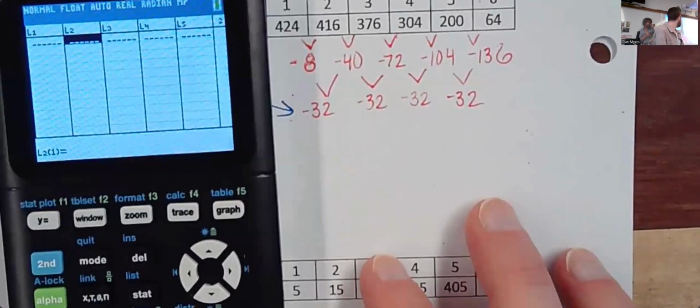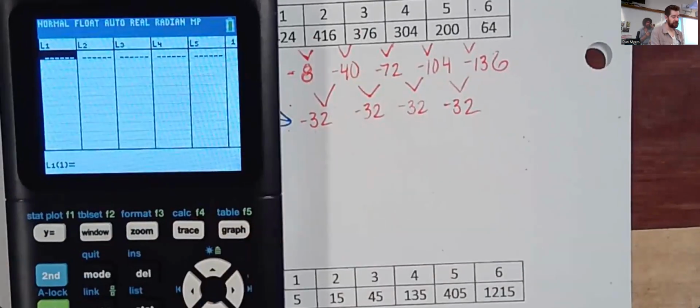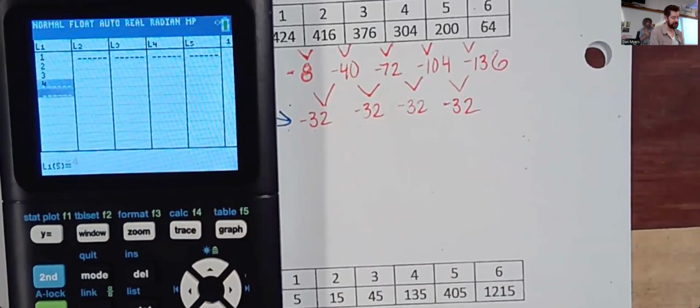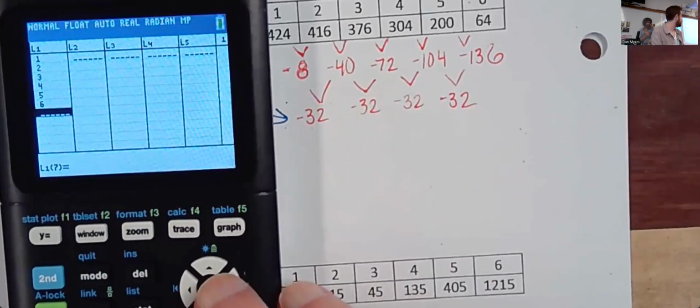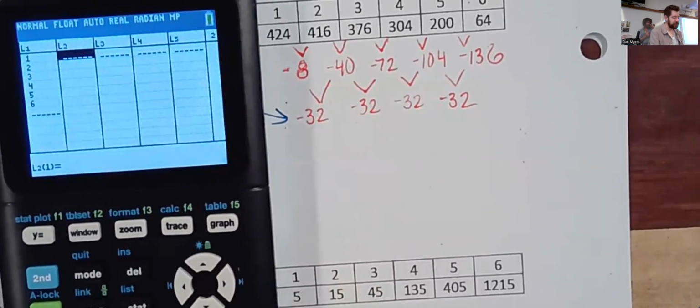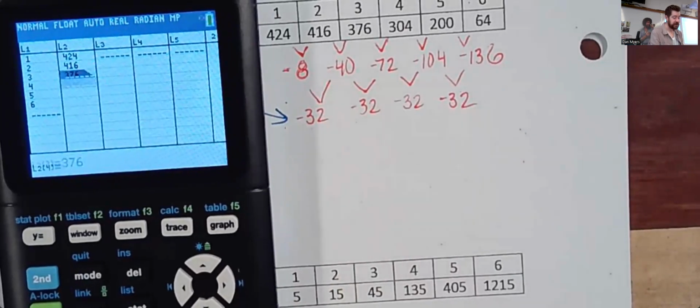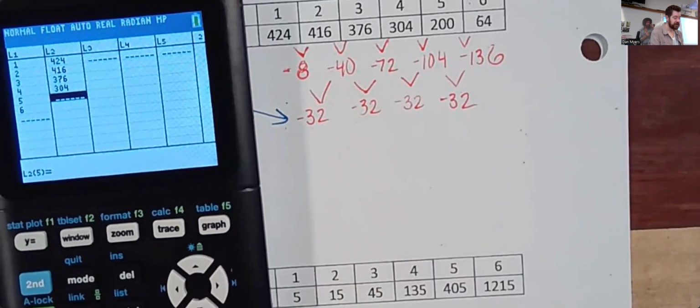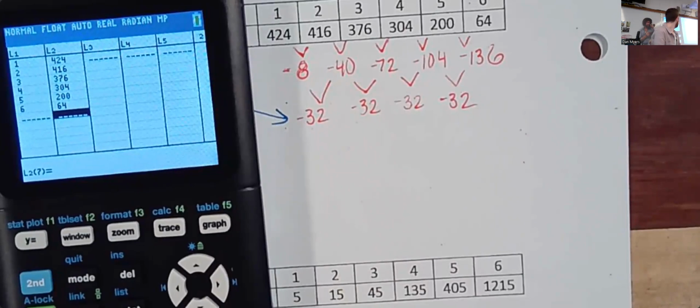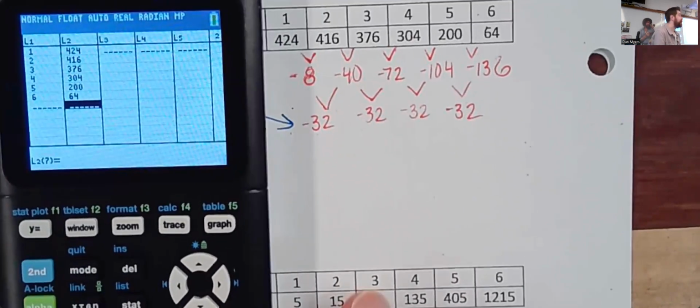All right, then we're going to type in the numbers that are in L1 and L2. So L1, those are x values, 1 through 6. So 1, 2, 3, 4, 5, 6. L2 are going to be all the y values. So we're going to have, starting with 424, and then 416, 376, 304, 200, and 64. So far, this is exactly the same as what we did to figure out the linear equations. In fact, calculating the quadratic equation is also going to be incredibly similar, because once you have this information on here, just like we did with linear, you're going to go back to stat,